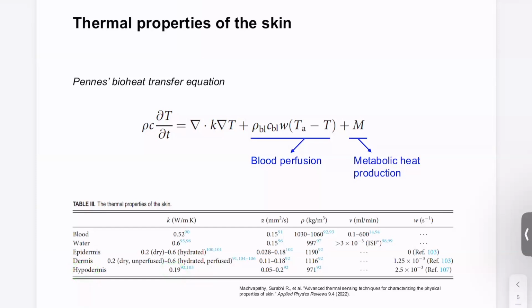Okay. For thermal diffusivity, there's a similar trend here. Water is about 0.15 and epidermis and dermis has a range about,